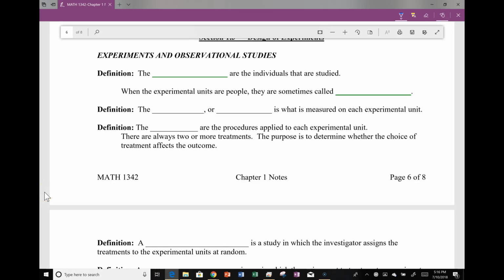What we'd like to look at today is how to design an experiment and what are the aspects of an experiment that are needed. So first we want to look at some more definitions. And so when we look at it, the experimental units